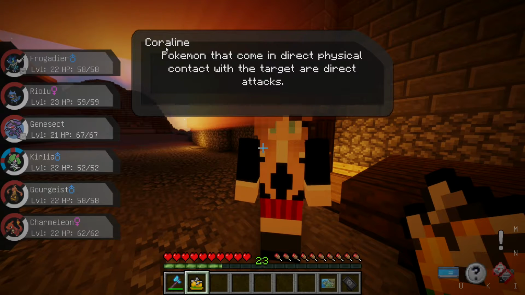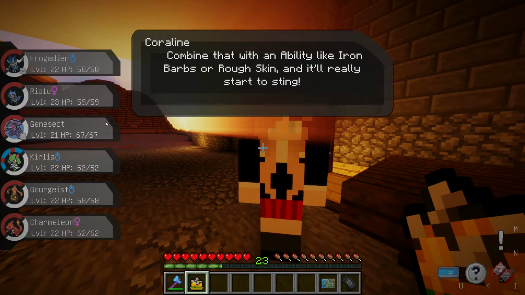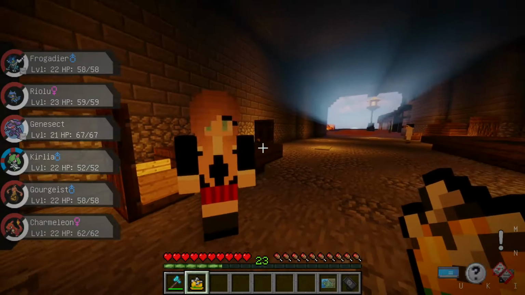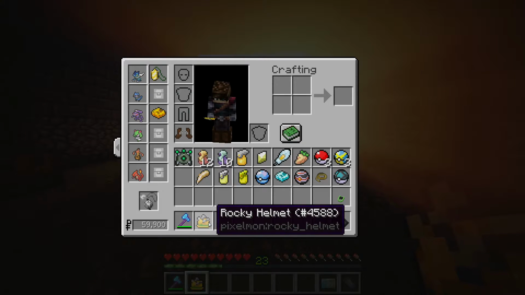Serena's mum again? So Pokemon that come into direct physical contact with the target are direct attacks. Rocky Helmet causes the attacker damage. Interesting. But yeah, we're still being followed. So let's go for... I'm